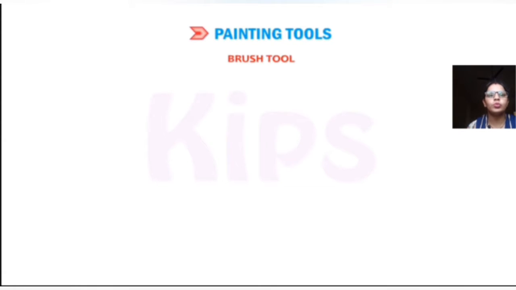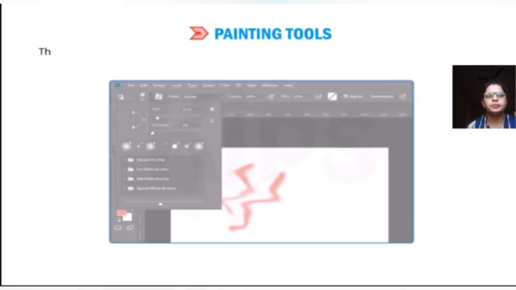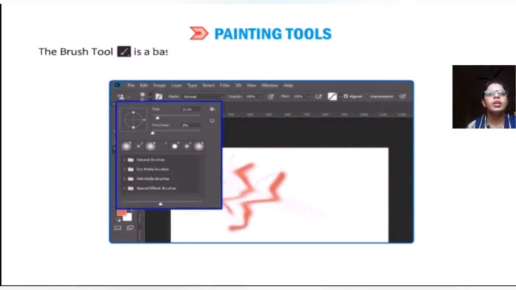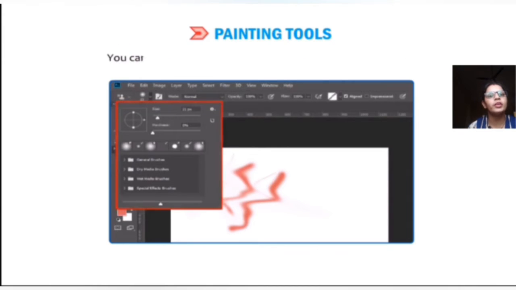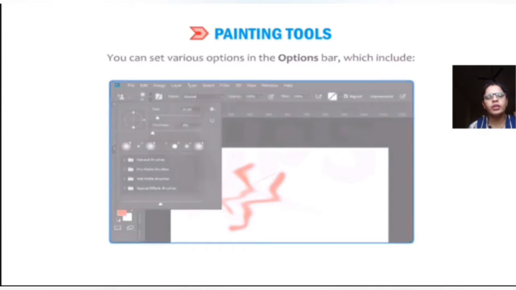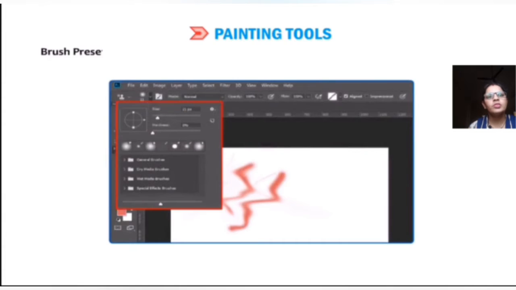Painting brush tool. The brush tool is basically a tool used to create a smooth stroke of the foreground color in your image. Foreground means the color on the front side. You can set the various options in the option bar, which include the brush preset picker.